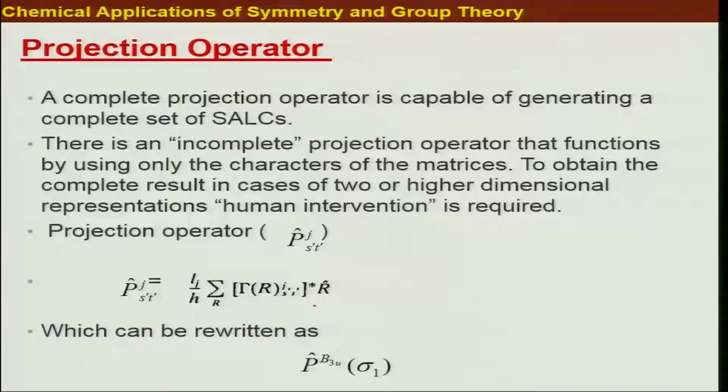So, this is the same thing that is written over the board, and we can write the explicit irreducible representation by replacing this generalized term J. So, here just for an example, we can write this as B3U. Suppose I am concerned about a particular character table of, say, D2H. Okay. And the function that you can choose can be any of the bond vectors, or any of the atomic orbitals or anything.